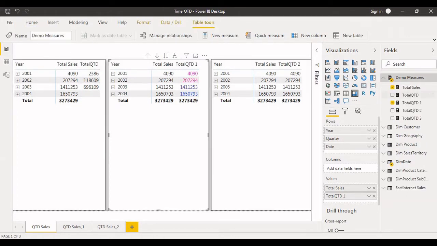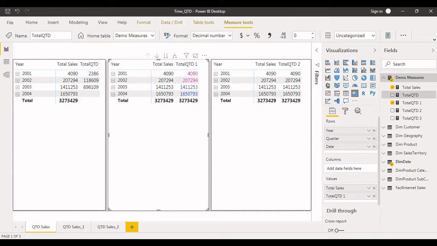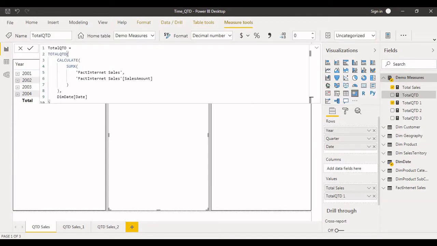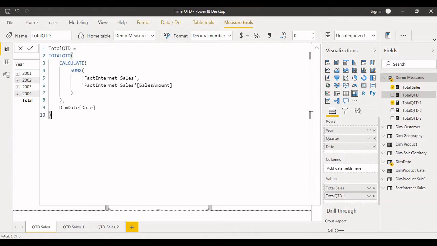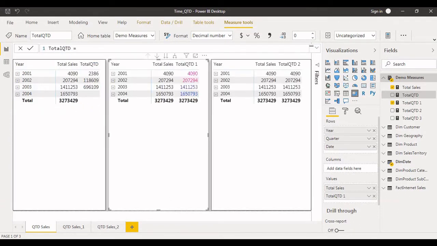What have I written in the expression? I'll zoom in. In total QTD, I have written CALCULATE, SUM of x, and finally, based on the dates, just the quarter to date. We can see that also.